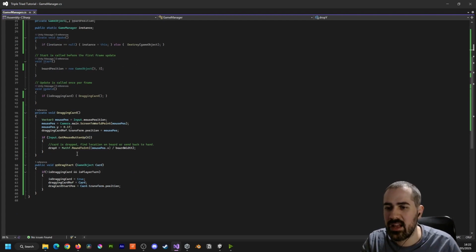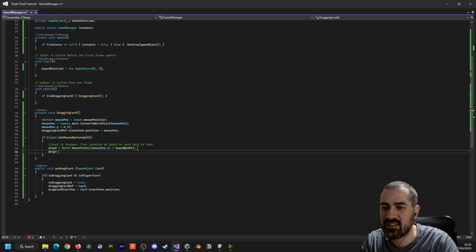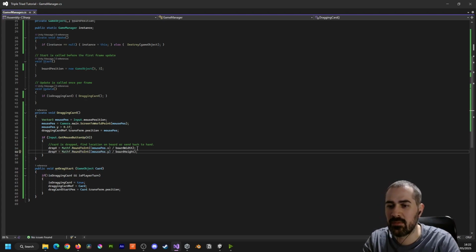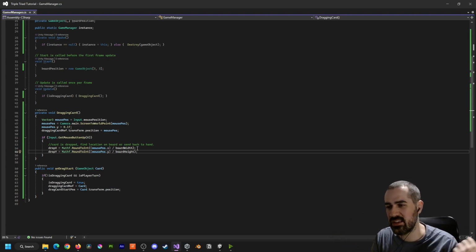Cool. And then so I'm just doing drop X, and I'm getting that. I'm also going to need to do my drop Y. So this is the X and Y coordinates we're dropping into, as explained in that Paint document. 0, 0 is the origin, -1 is anything to the left or up, and 1 and 1 is to the right